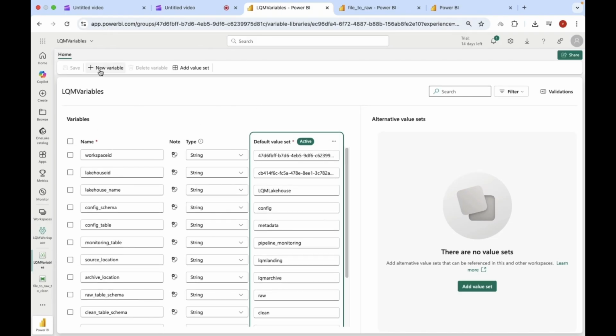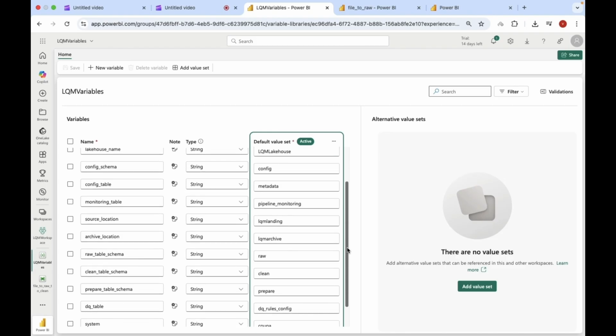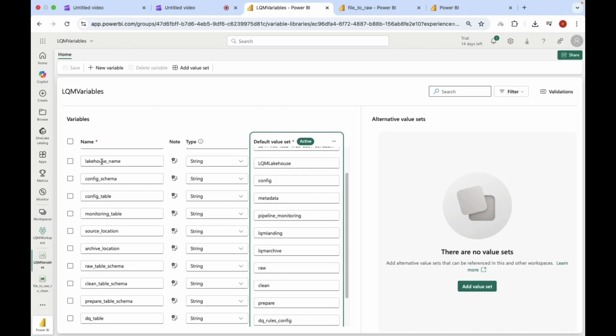You need to click on new variable, then a variable will be created for you, and you need to assign the name to it. If you want to assign any default value to it, you can. So I have created some important variables which I'm going to use in the pipeline while passing the node to the notebook, which are Lakehouse name, which is my LPM Lakehouse, config schema, this one, config table, metadata,